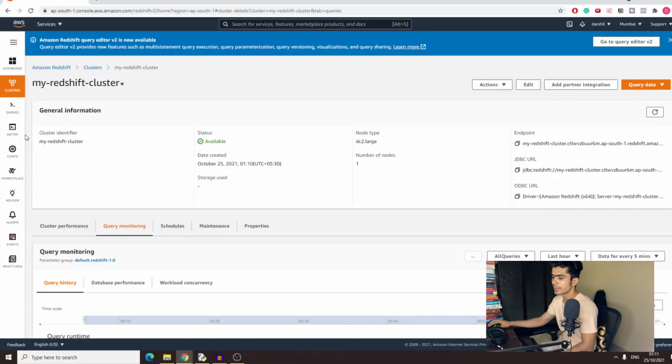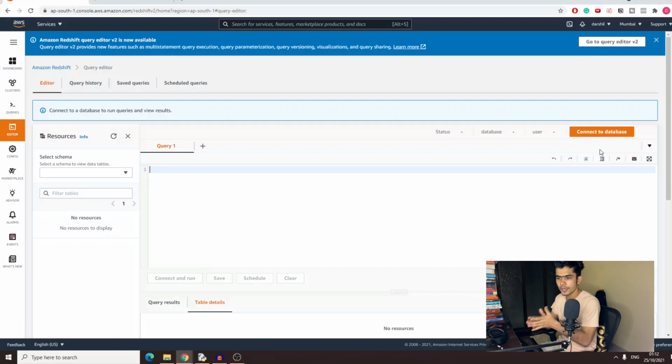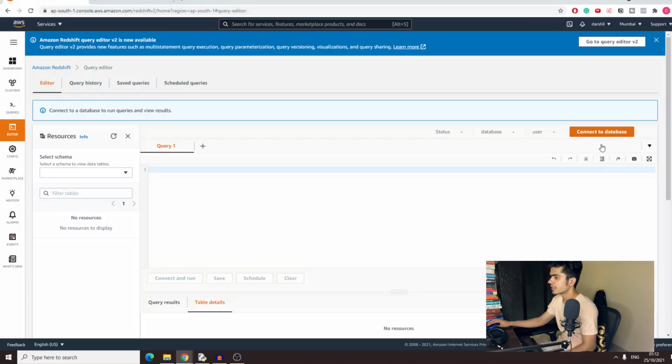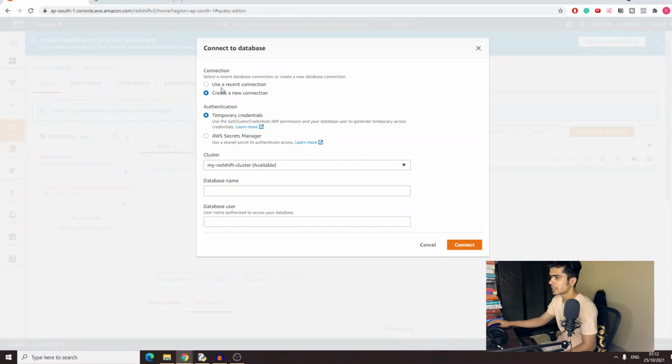Now what we're gonna do, we're gonna be clicking on to this editor and we will be running some basic query on top of the Redshift. So you are basically on AWS. Okay, so you can directly connect to your Redshift database by clicking on the create database. Now you can basically directly connect to the Redshift database using the connect database.